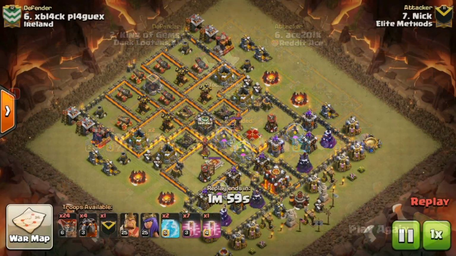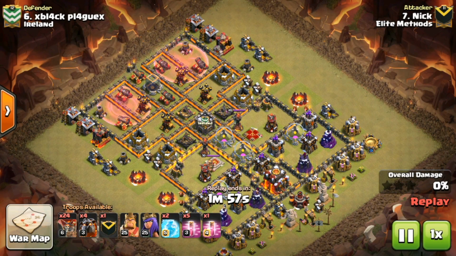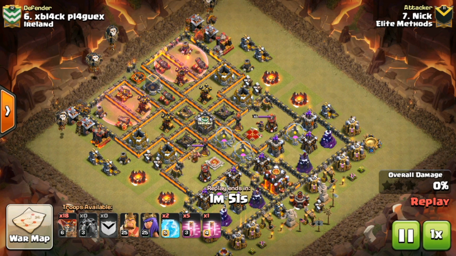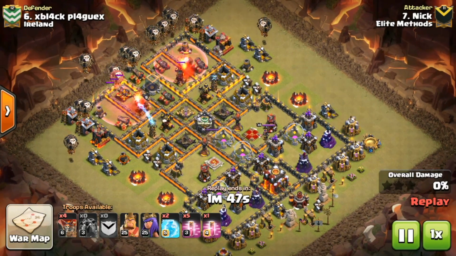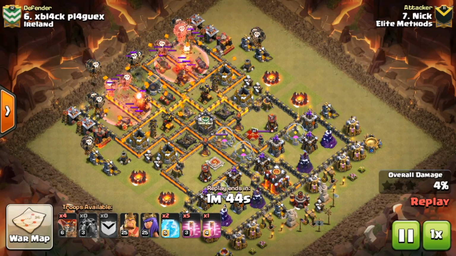Alright guys, Elite Methods versus Ireland, Nick against Black Plague, and we have another Penta right here without a Clan Castle Lure, so I'm assuming there must have been another Hound in the CC right here. Just sending 4 Lava Hounds in right away,